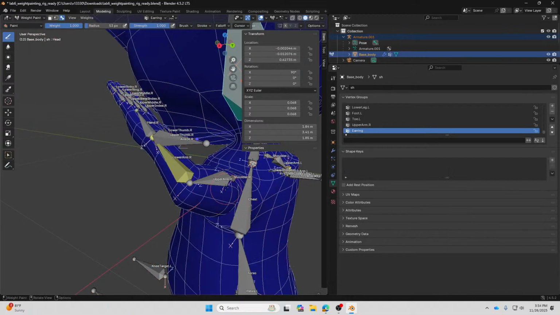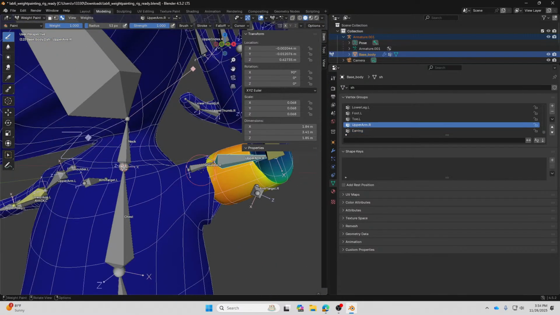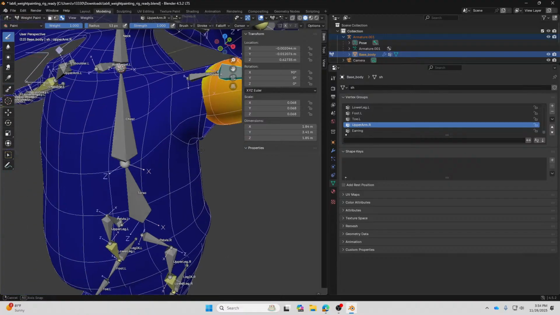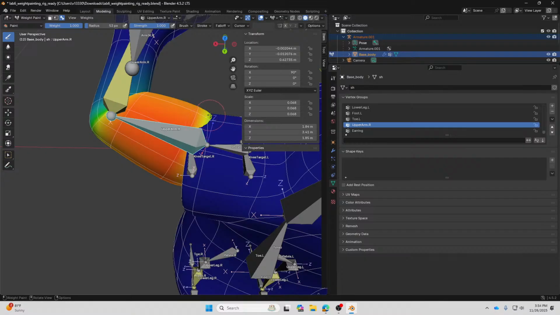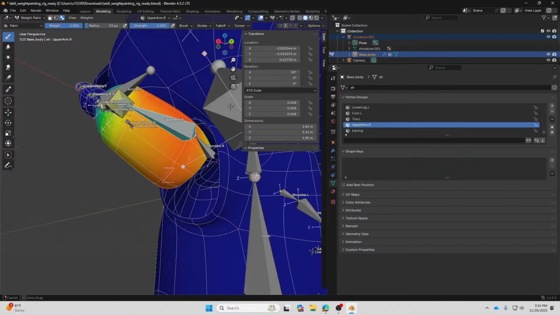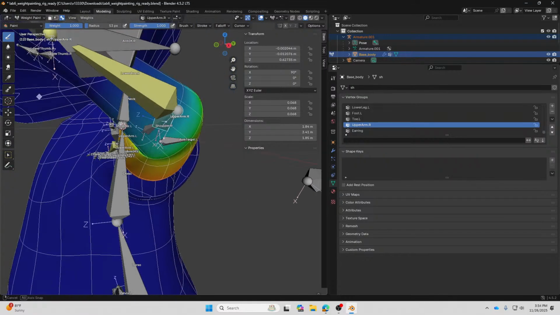Weight paint. Okay, I had a little bit of deformation over here. All right, can somebody tell me why there is this clipping of the clothes when I try to move the arm bones?